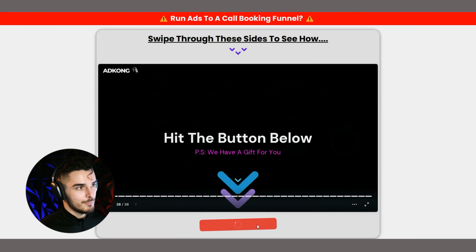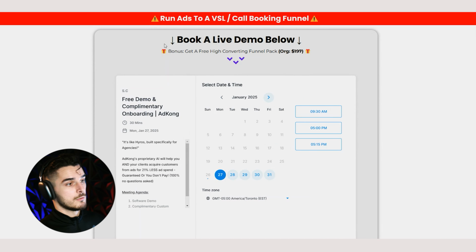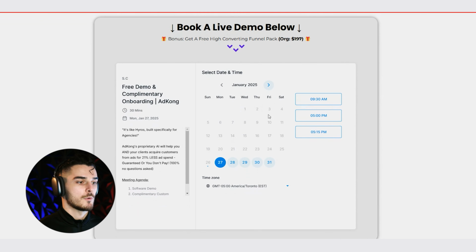Then when people hit this button, we push them to book a live demo, where we say book a live demo below. We have the arrows. And then we always like to have this on a booking page as a bonus: get a free X. So we're giving high converting funnel packs for $0. We have our arrows where again, they can go ahead and schedule an appointment. And then after they